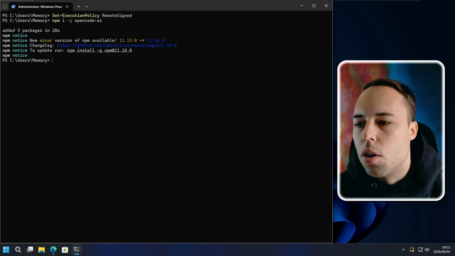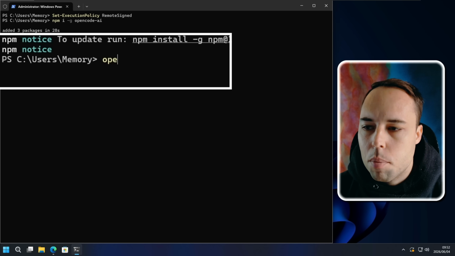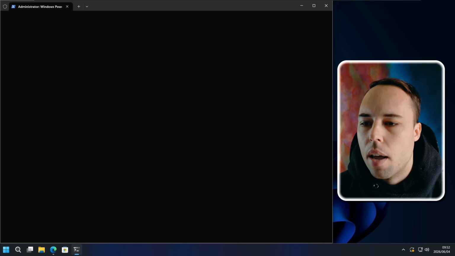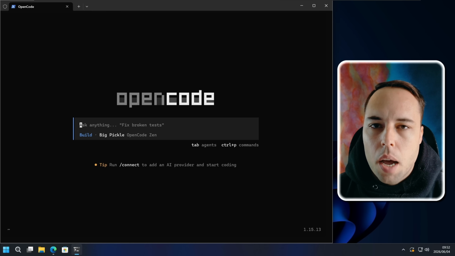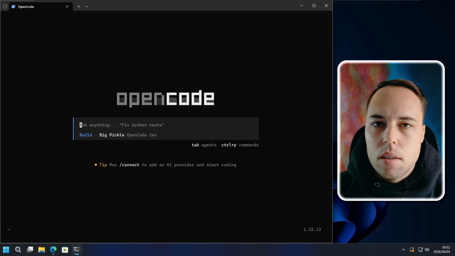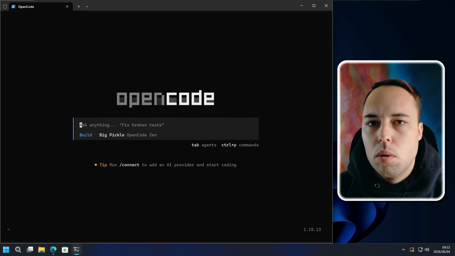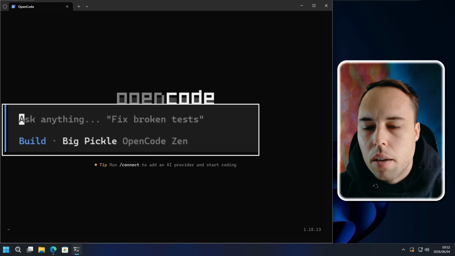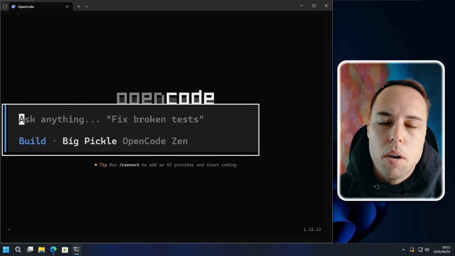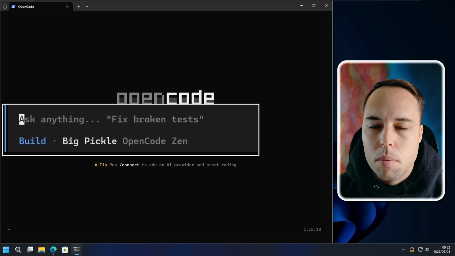Once it's installed, you can then run OpenCode by typing OpenCode in the terminal and then press enter, and then it's gonna start OpenCode. Now, just a few things about OpenCode. This is actually an agentic coding tool, but since it's running in the terminal, we're gonna use it to run terminal or PowerShell commands. By default, it'll be in build mode, meaning it wants to create apps, but we're not actually going to create an app. We are sort of creating PowerShell scripts, and it will create those scripts and run them.